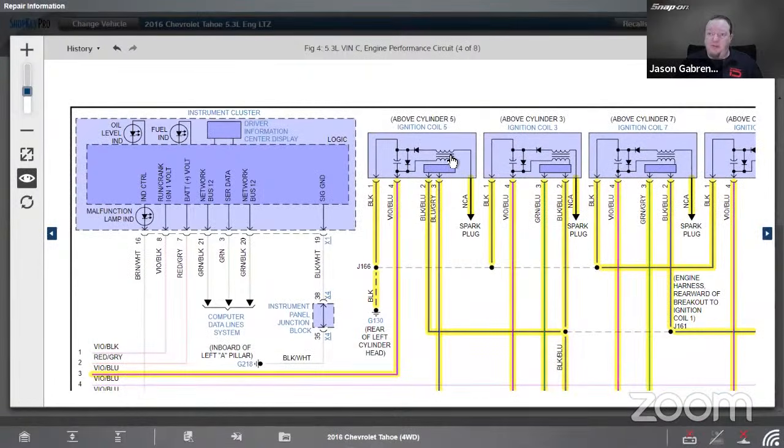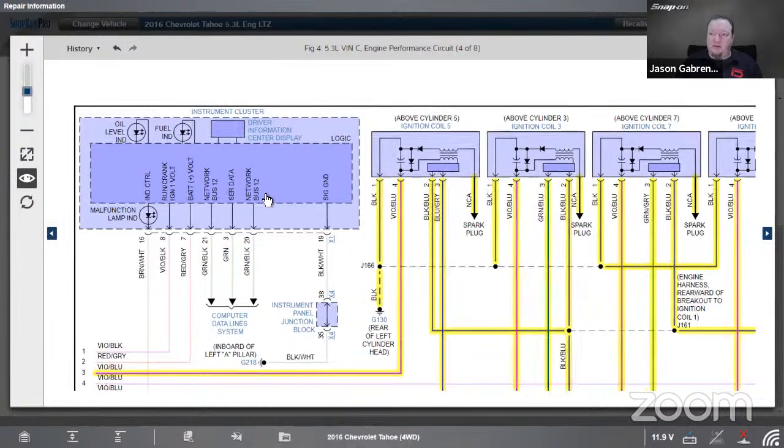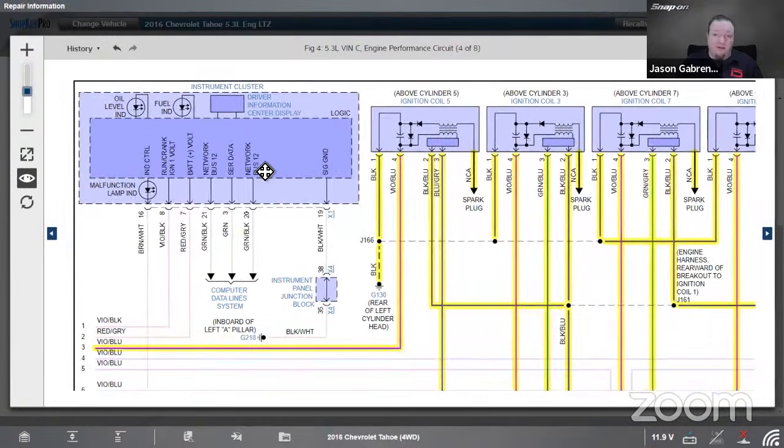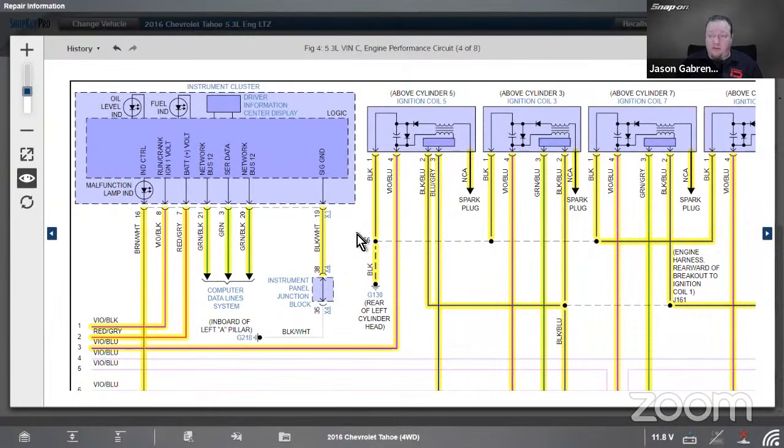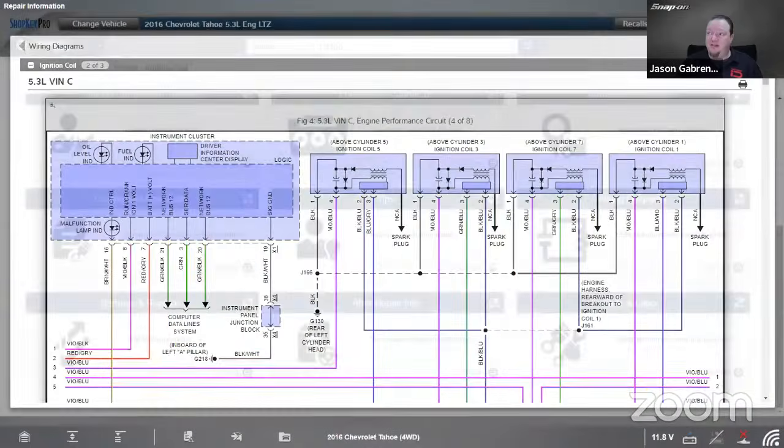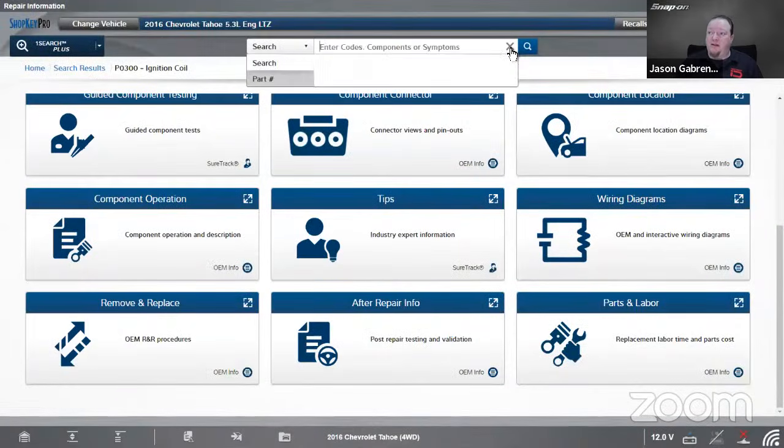like I said, what precipitated a lot of this was how do I read a wiring diagram? What is this? Right, so we got some diodes in here. We got a coil there. How do I understand what some of these symbols mean? And a lot of manufacturers will use very similar symbols, which is helpful. But in this case anyway, if I want to go back to my main screen